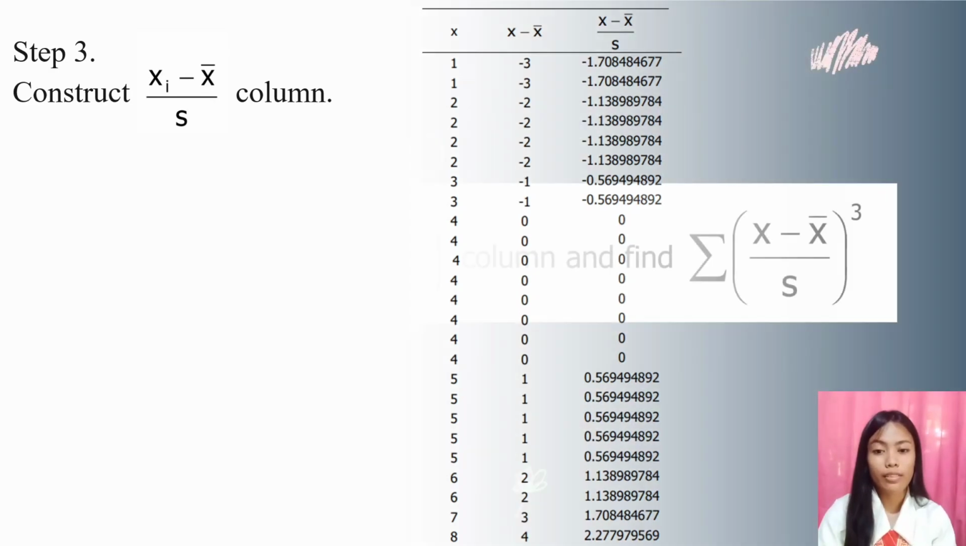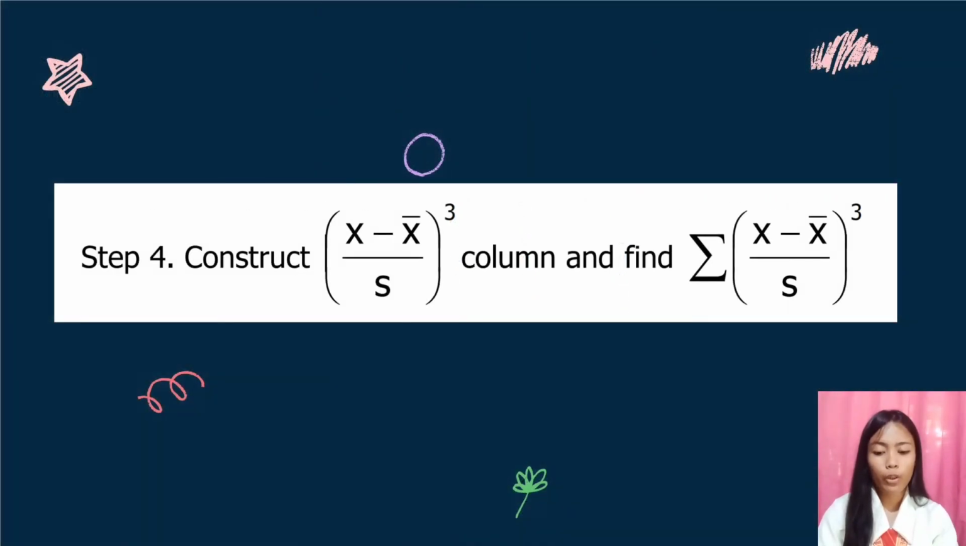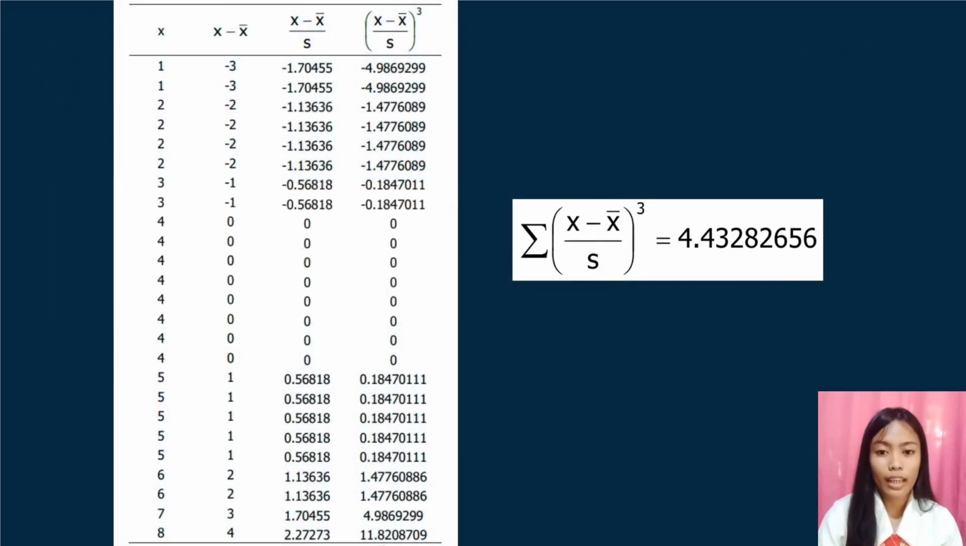Same process goes by. In constructing step number 4, we are going to find x minus mean divided by standard deviation, cubed. We are just going to cube the quotient of x minus mean divided by standard deviation, given by our solving earlier, which is negative 1.708484677. Then, let's just cube it. Result is negative